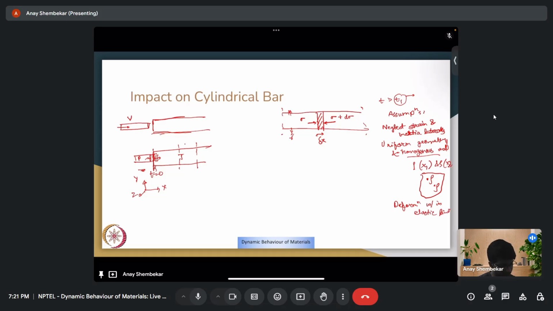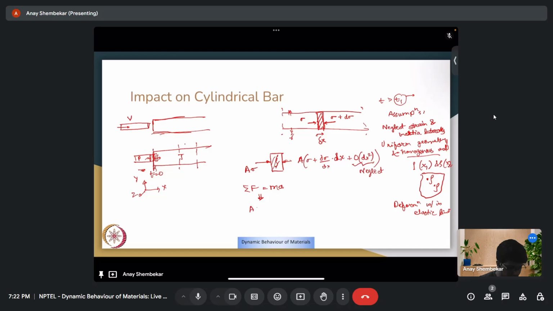So if this is my small cross section, if I look at the forces, A sigma plus d sigma will write as dou sigma by dou x into dx plus some second order effects, which we will basically neglect as higher order terms. And then you have some density rho. So if you're applying Newton's second law of motion, summation F equals m a, what we get is